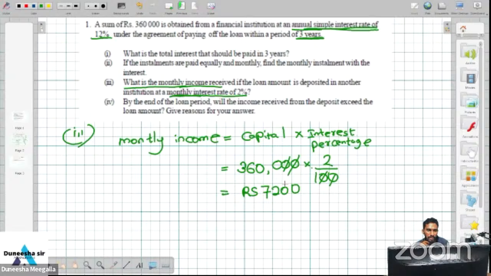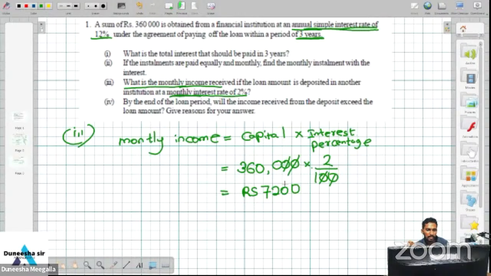Fourth question. By the end of the loan period, what is the end of the loan period? It's 36 months or 3 years. Will the income received from the deposit exceed the loan amount? Asking the question. Give reason for your answer. මොකද වෙන්නේ අපි ඩිපොසිට් කරපු එකෙන් හම්බෙන ඉන්කම් එක ලෝන් amount එක එක්සීඩ් කරනවද කියලා අහන්නේ. Okay,